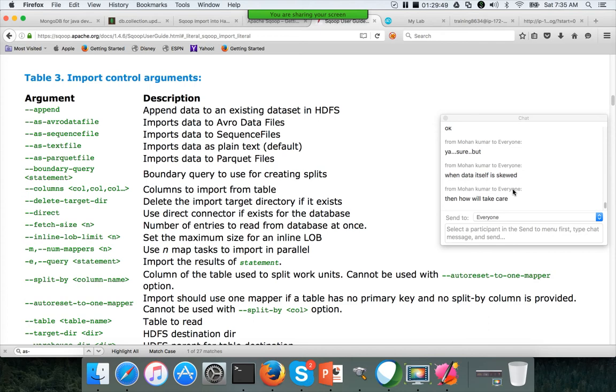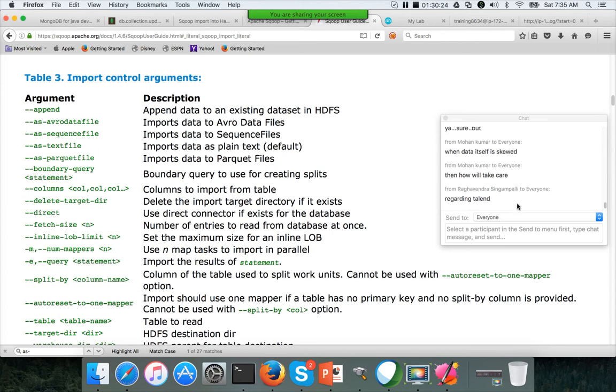You asked a question about Golden Gate earlier. If you are familiar with Oracle, you have the row ID concept. You can use the row ID ranges to address the skew when the data itself is skewed, but it is not very simple. It is a little bit complicated. If you are interested to know, we can take it offline. It is too much to discuss here when people are not from an Oracle background. If you are from an Oracle background and you know about row ID ranges, I can explain it in detail offline.